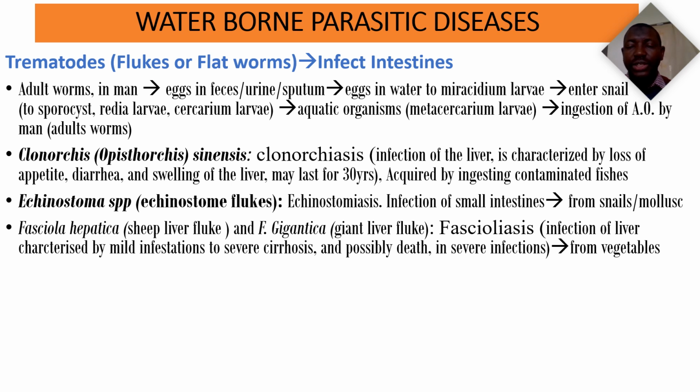So they cause a disease condition known as fascioliasis, which is an infection of the liver leading to symptoms ranging from subclinical, a mild infection, to severe cirrhosis of the liver and possibly death in severely infected individuals. The transmission of these diseases usually is by consumption of contaminated vegetables. The eggs, when they are passed together with feces of infected person, the eggs from polluted water,